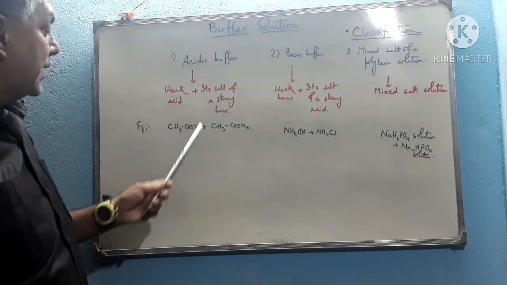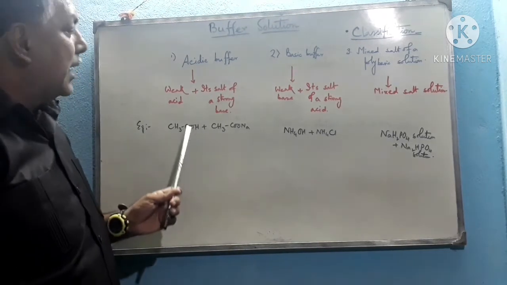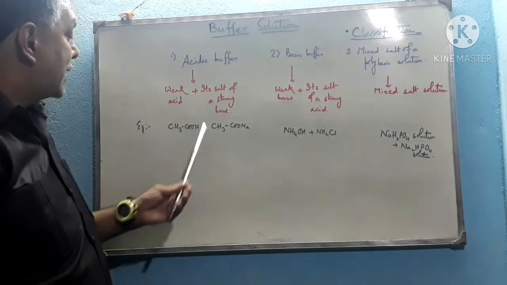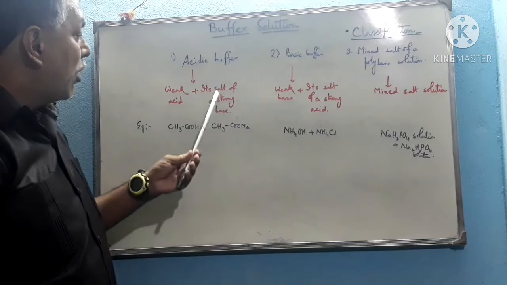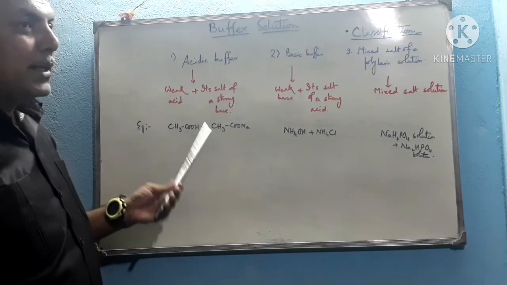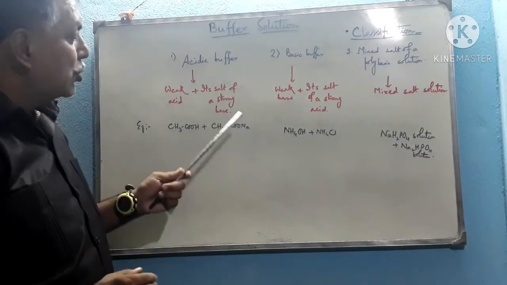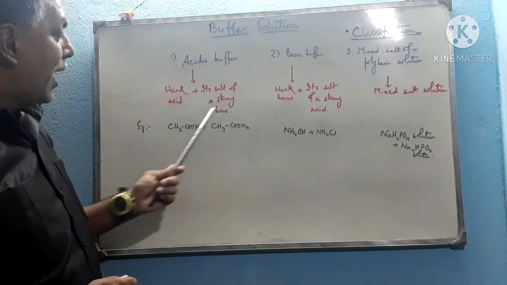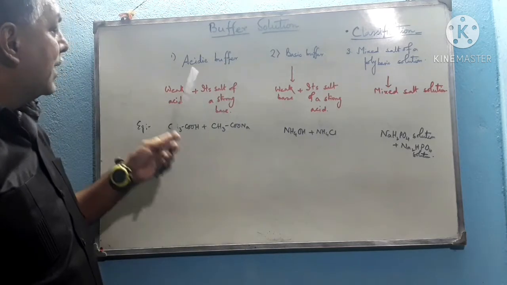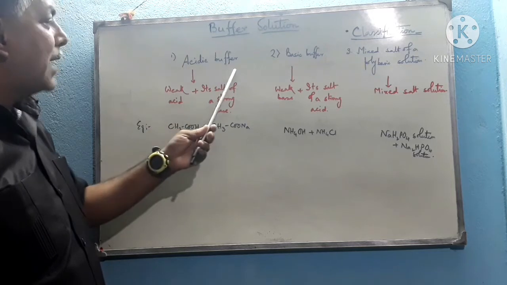Here the weak acid is acetic acid. We give an example here. This is acetic acid, which is a weak acid, maybe any organic acid like lactic acid, like formic acid, but we are taking acetic acid as an example, plus salt of a strong base, sodium acetate, because we know that sodium acetate is the salt of acetic acid and sodium hydroxide. We know that acetic acid is a weak acid, but sodium hydroxide is a strong base. So the salt of a strong base can act as a strong electrolyte. So acetic acid and sodium acetate, a weak acid and its salt of a strong base, is called the acidic buffer, since the weak part is the weak acid, and that's why it is called the acidic buffer.